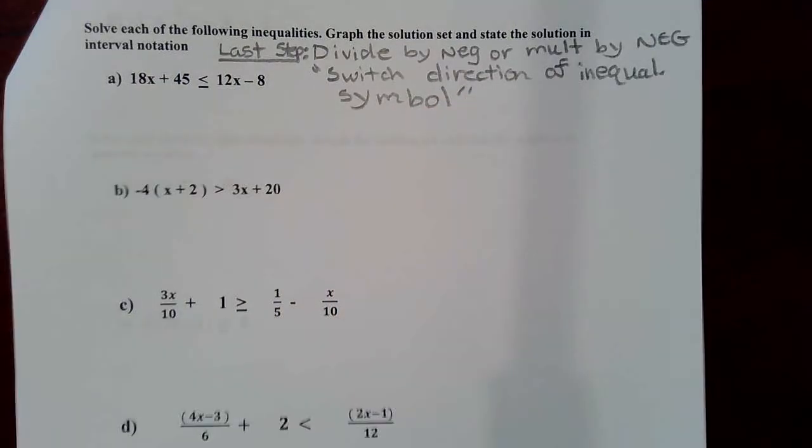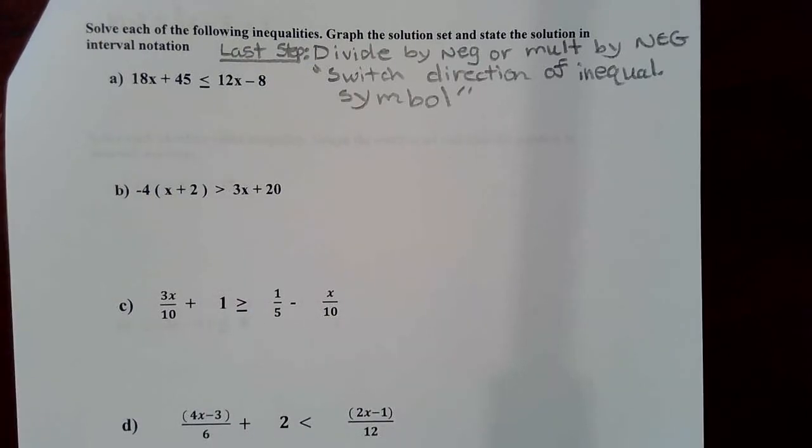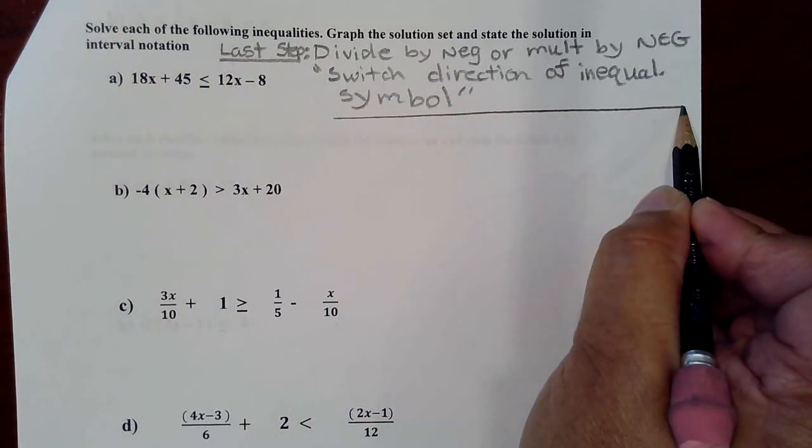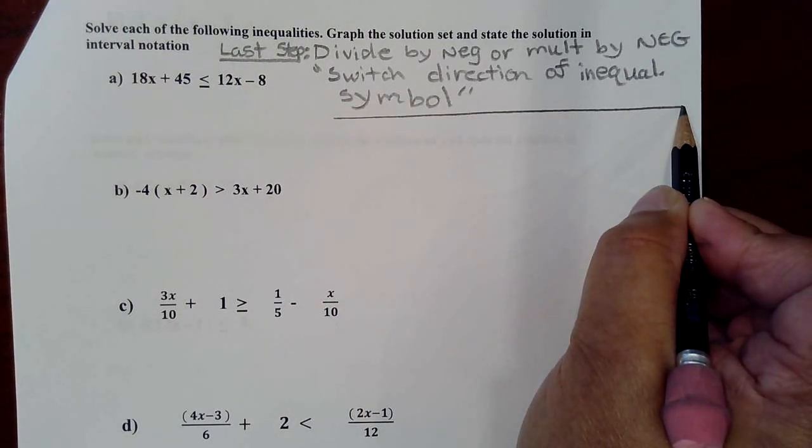Okay, that's the only thing you have to watch out for that's different from solving an equation. You solve it just like you're solving an equation. You use inverse operations to move terms from side to side, always trying to get all the x's on one side and all the constants on the other side. You'll have to deal with the same issues that you always deal with, getting rid of fractions if any exist, getting rid of parentheses if any exist, so that you can move the terms from side to side. But in the end, this is the one thing you need to watch out for that is not an issue when you're solving